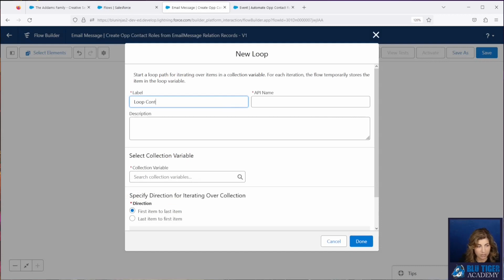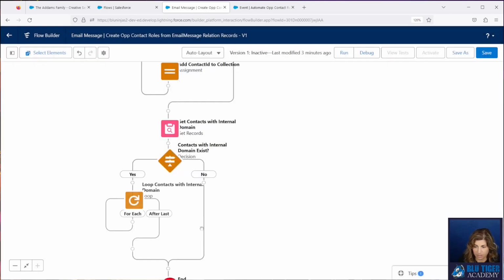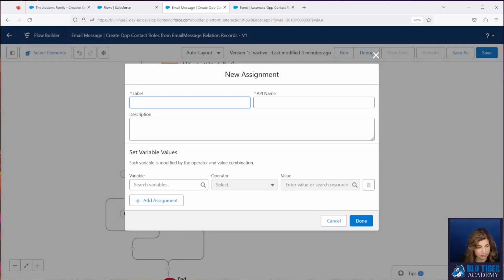We want to loop contacts with internal domain. And we want to remove them from our text collection variable.